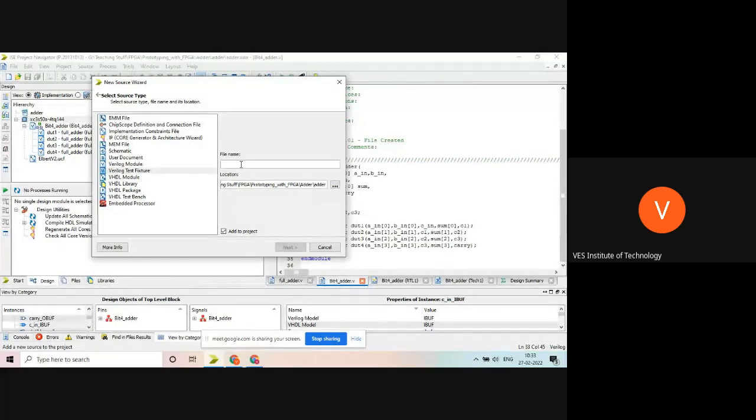Okay, Verilog test bench. So I will write bit4 adder tb. Give a proper name to all the files. I suggest most of the time give relevant names because it won't create problems when you debug. There will not be a problem until and unless there is a bug.